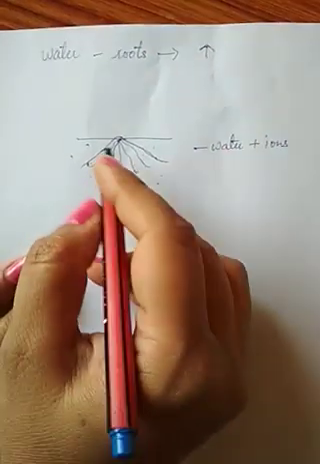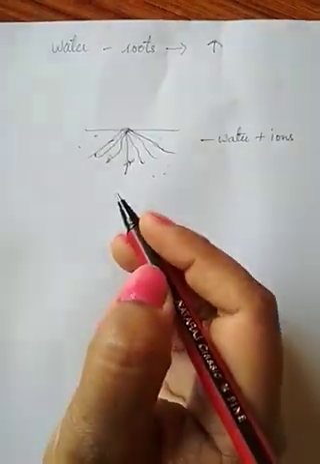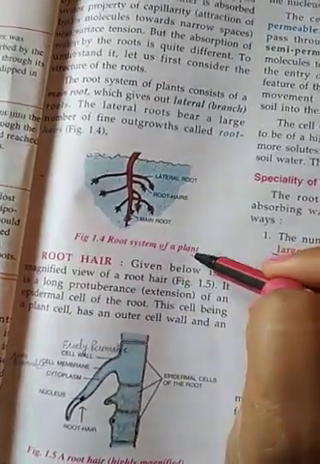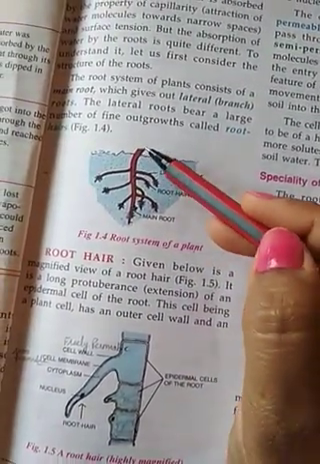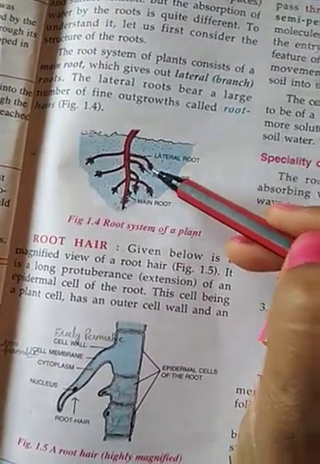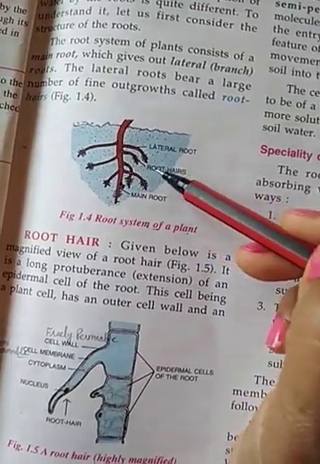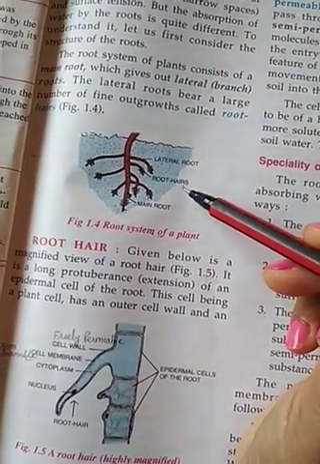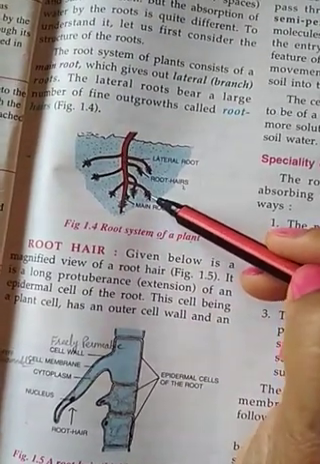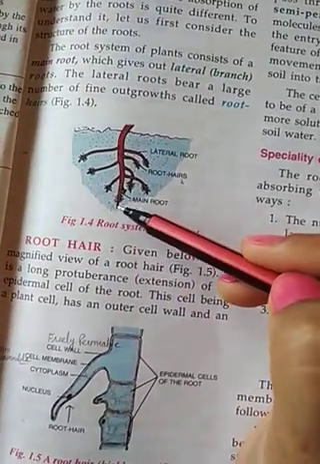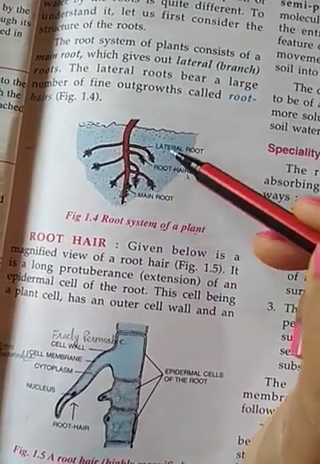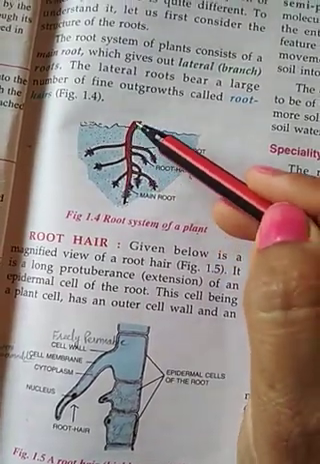In roots also, we have studied, I will show you in your book. The diagram is given in your book, that is the root system in a plant. In that, the main root is there, lateral roots are there, and in those lateral roots, small roots are also present. They are also responsible for the absorption of water and minerals, and they are transporting that water and those minerals to the lateral roots, and it is transported to the main